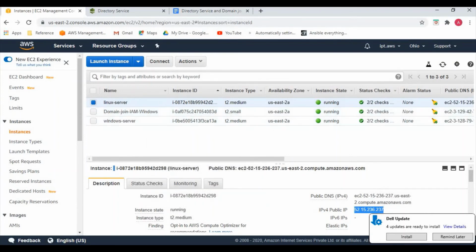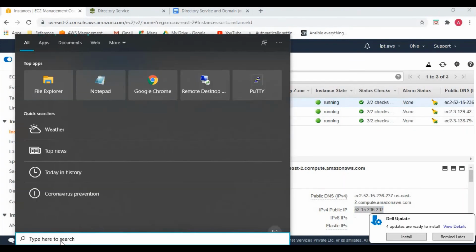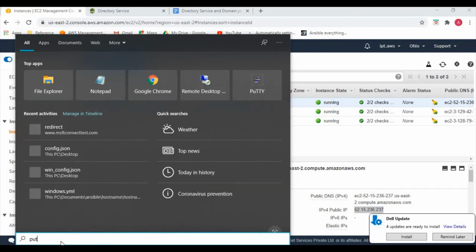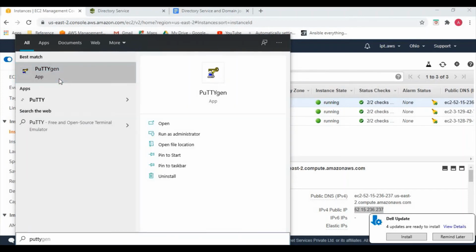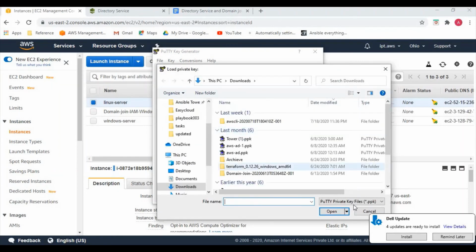Okay, so for that we need to first generate the ppk file. You need PuTTYgen for that. Let me load the pem file.